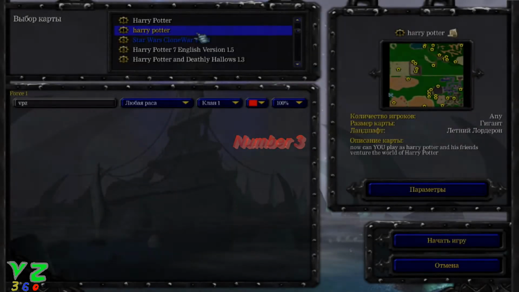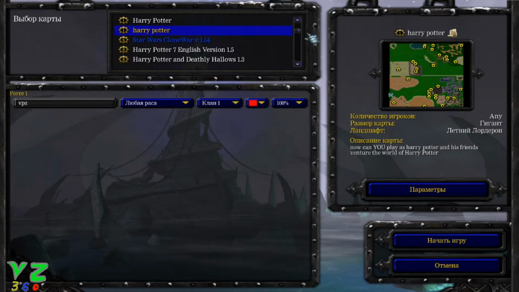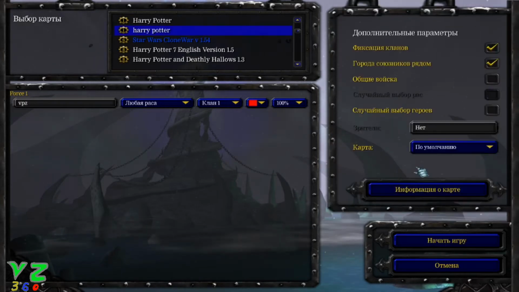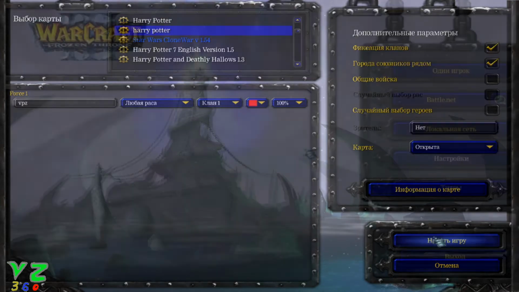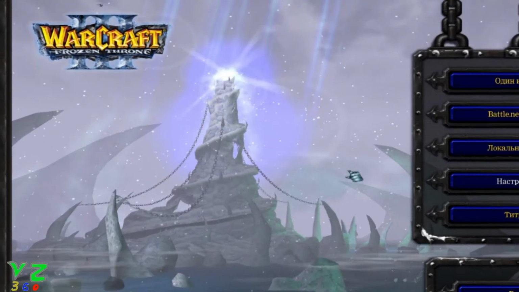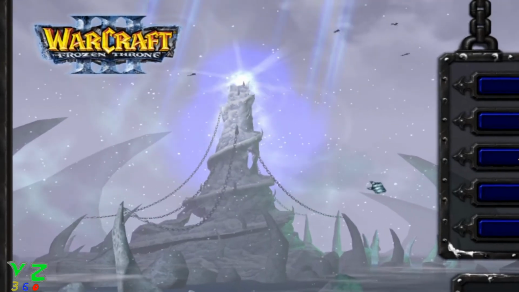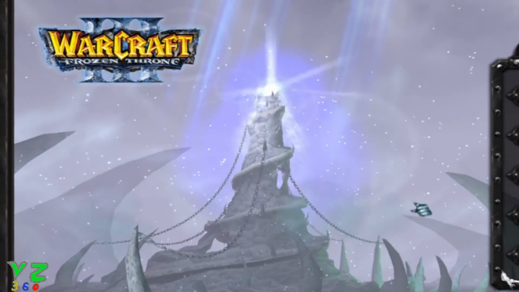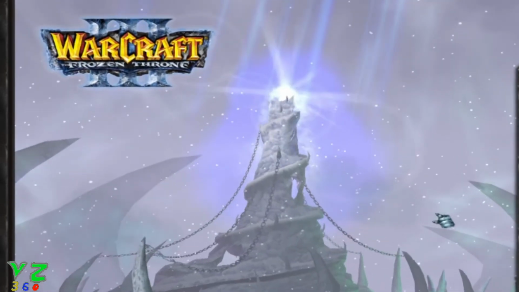Number 3. The number 3 is taken by the fairly strange but nevertheless accurate by genre addition to my personal collection of favorite Harry Potter related RPGs, a Warcraft 3 map called simply Harry Potter. In case you are unaware of what the game is about, well, I am just gonna say it's one of the best mixes of RPG and strategy ever made, and would strongly advise you to try it out for yourself,